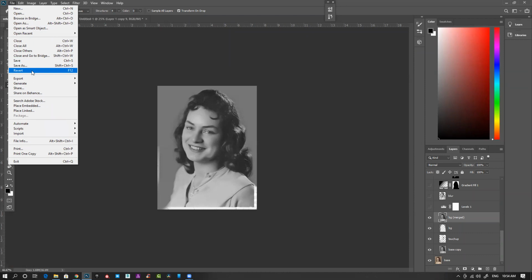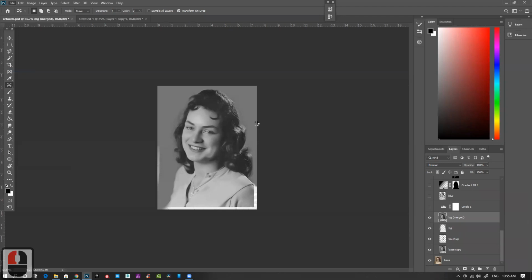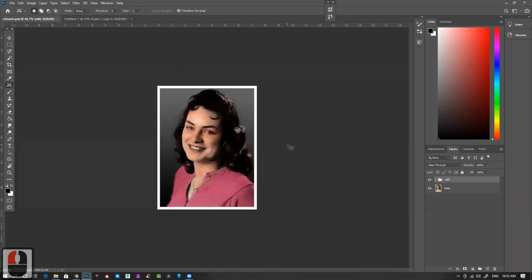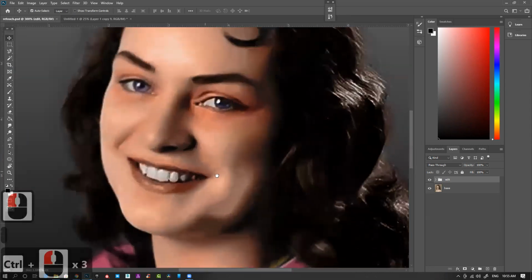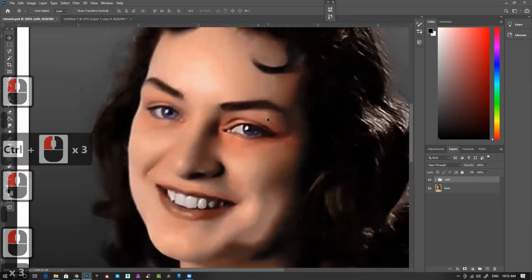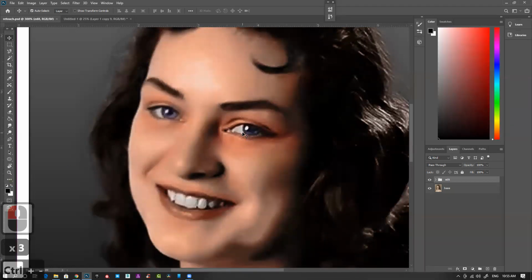And there's an option called revert. Revert, or F12 is the shortcut. If you revert it, it will revert back to the same state as when you opened the file. Click on this to revert back to your original state. So you can see this image. Lips are a bit reddish, near the eyes it's a bit reddish and a little bit orangish in color.